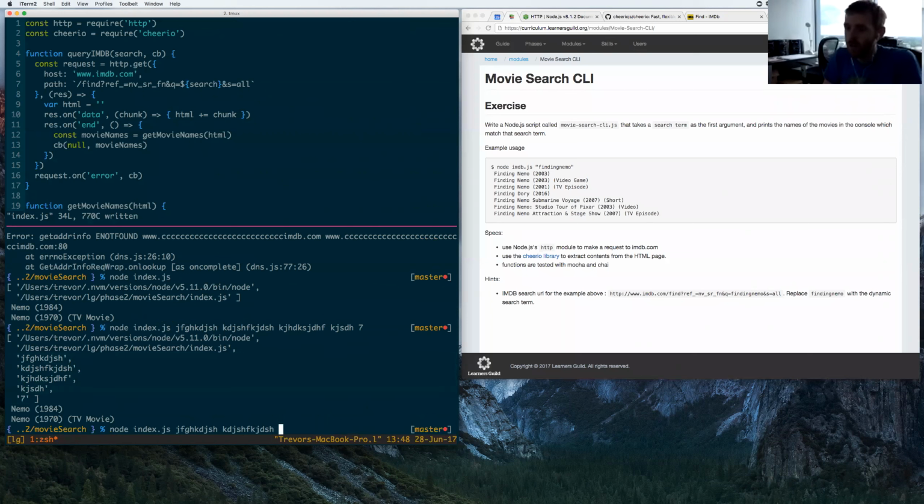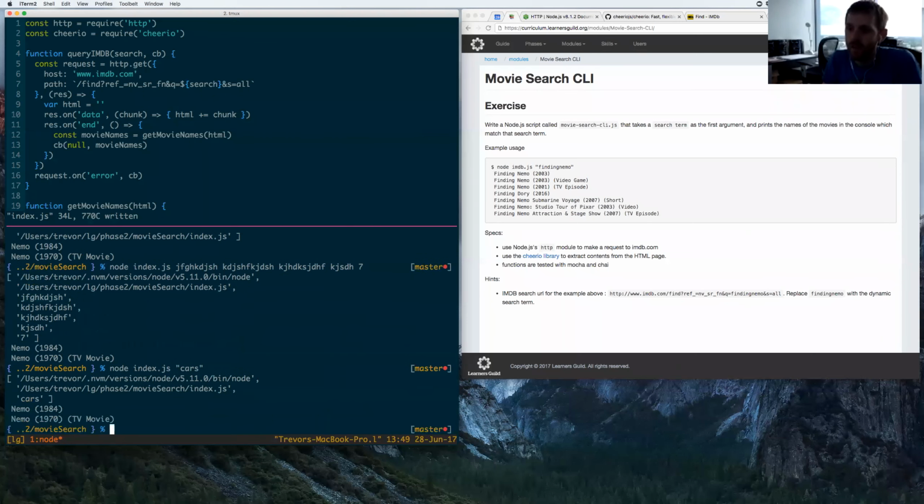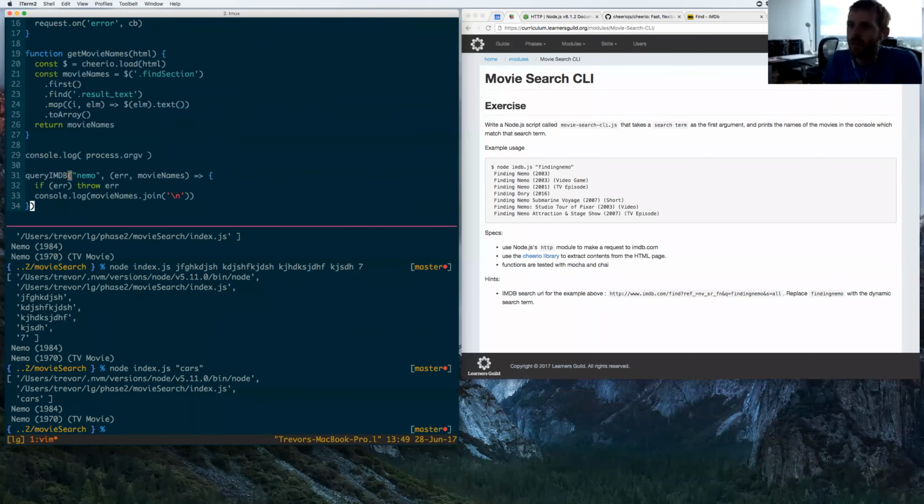So what we can do is use that functionality to search for other things, like cars, right? And so now we'll get cars there. It's the third element of the argv array. So if we want to pass in the search term from the command line, it should be as simple as,